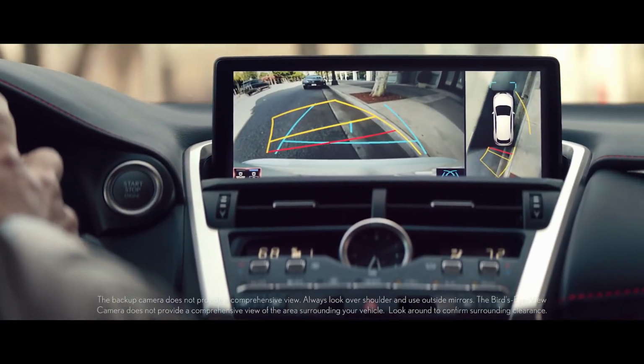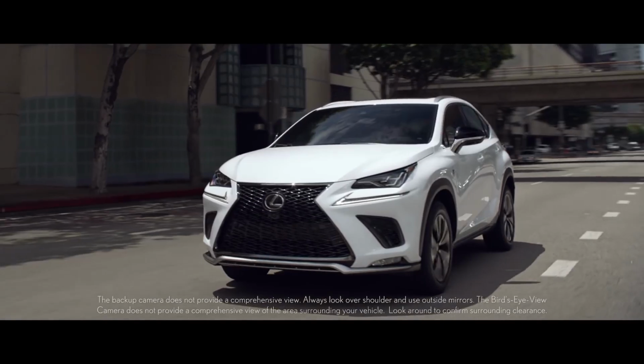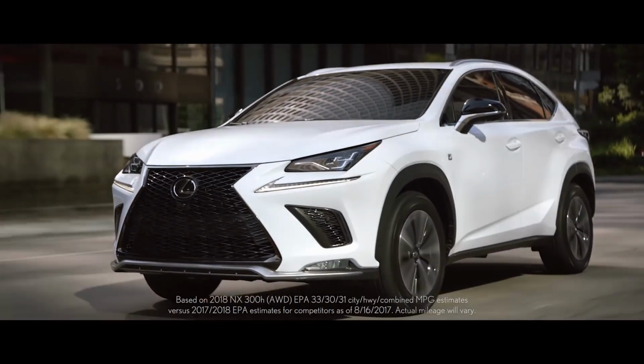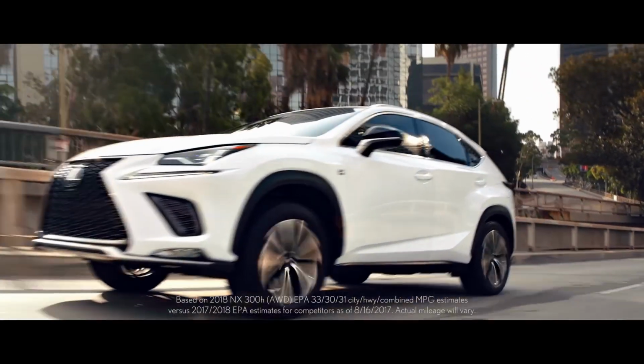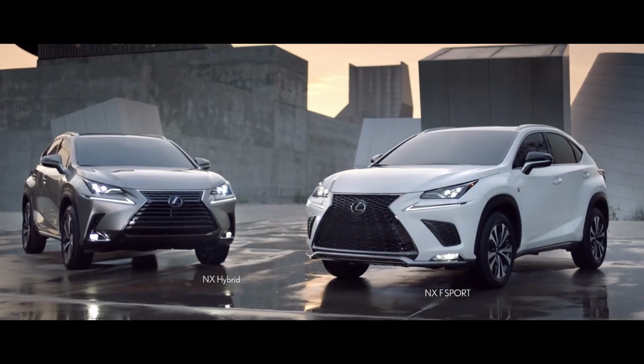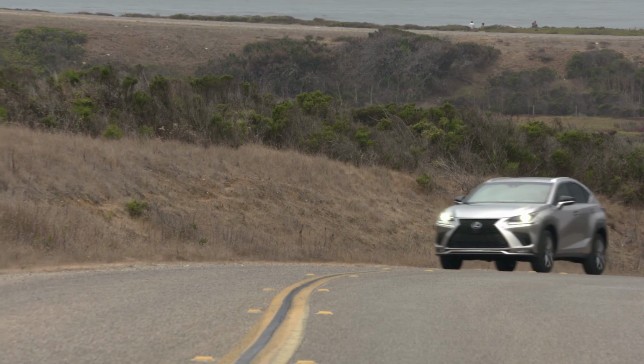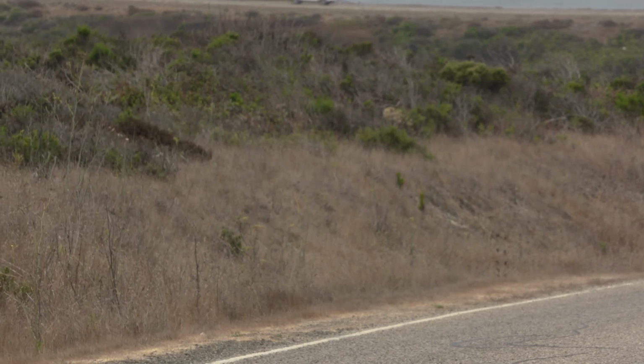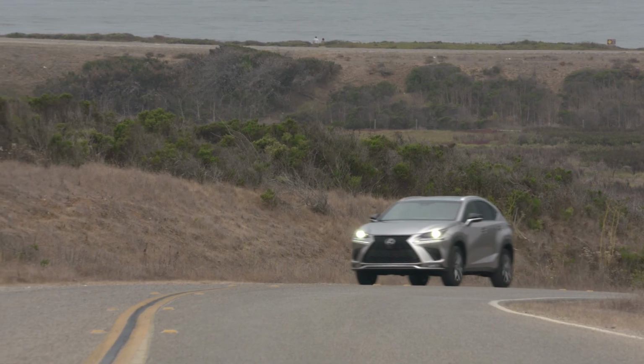But in 2018, they did change some things. They changed the name to the NX 300, even though that model kept the 2-liter turbocharged engine. In 2018, it also gained a larger infotainment screen, 8 inches up from 7 inches. It gained forward collision warning with brake assist, lane departure warning, adaptive cruise control, and lane keep assist, and those